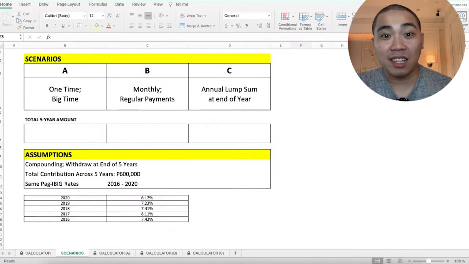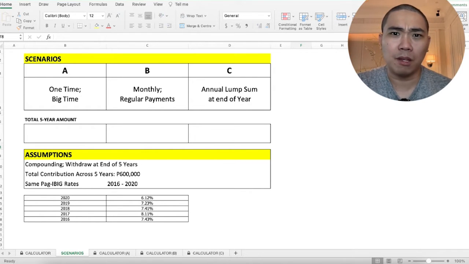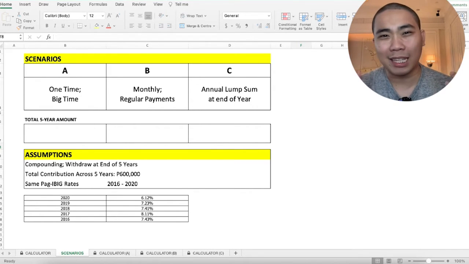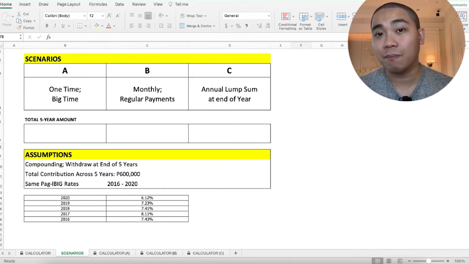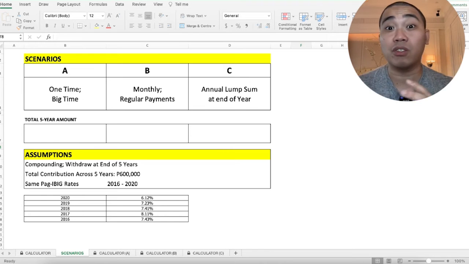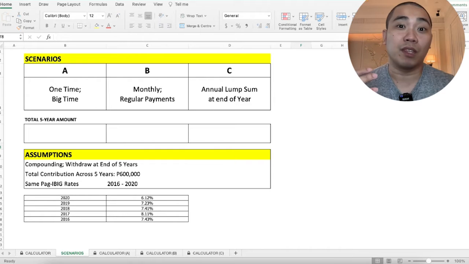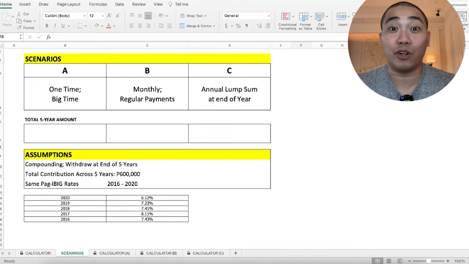So I created a calculator to actually help para sagutin yung magkano magkikitain ko dyan, paano ba kumikita sa MP2, and I'd just like to start with saying this one is not commissioned by the Pag-ibig Fund or in no way connected to the Pag-ibig Fund. So this is meant to be an estimate. They yield very close results to the actual dividends that I got in prior years. So I feel like the computation is more or less the same. You may have some minor discrepancies, but the intent of this calculator is to estimate.